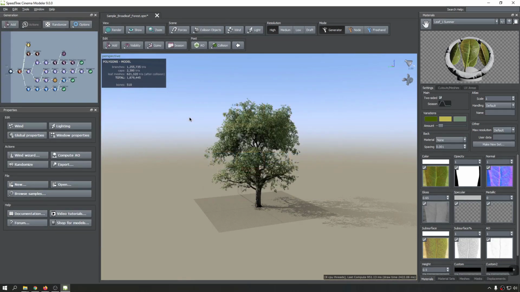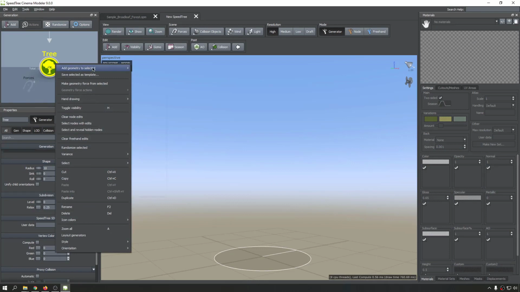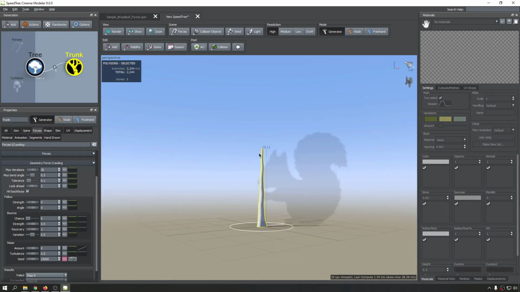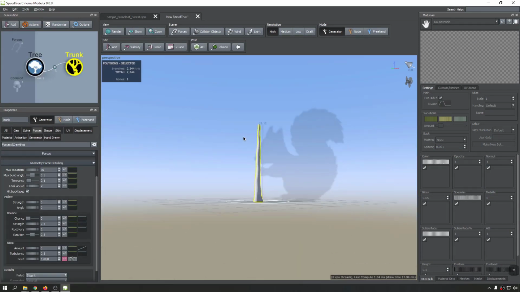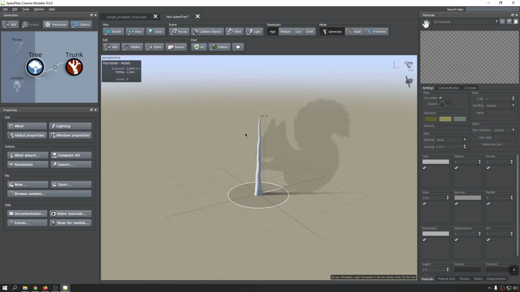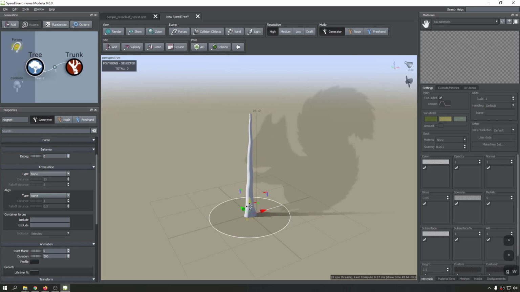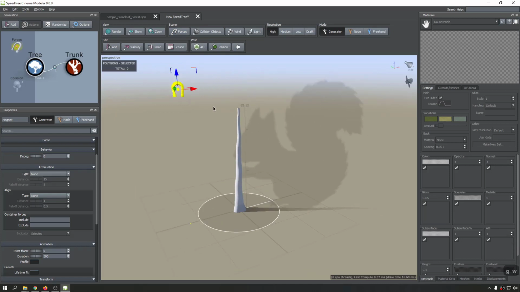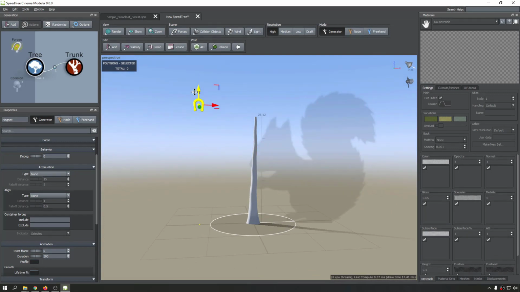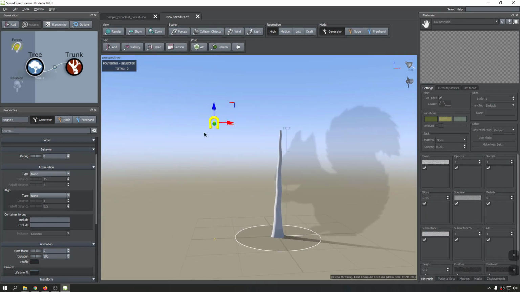Let me create a blank scene and add a trunk in here. I really do not care about the size and the units in here, but to add a force, you simply go and, for example, let's add a magnet. It's going to add a magnet force in the scene, and you have the manipulator to move the magnet. For example, let's place the magnet up in here,